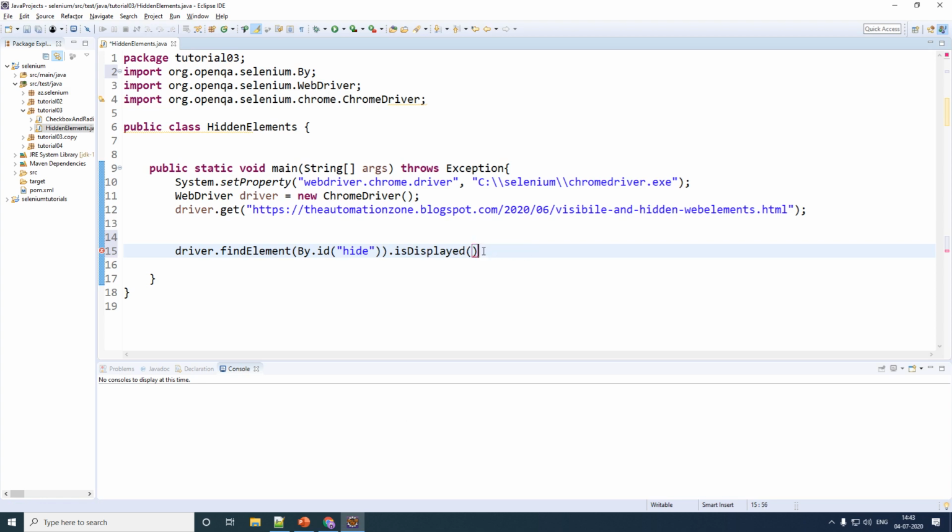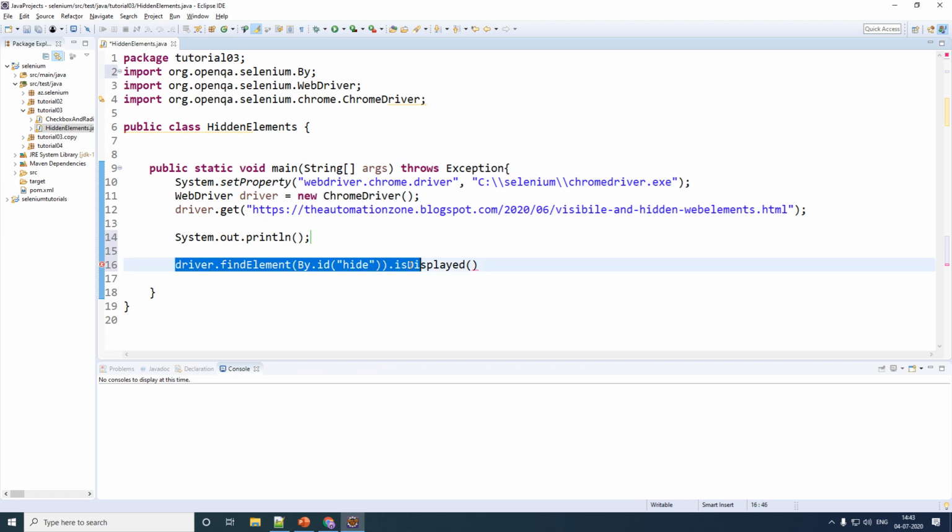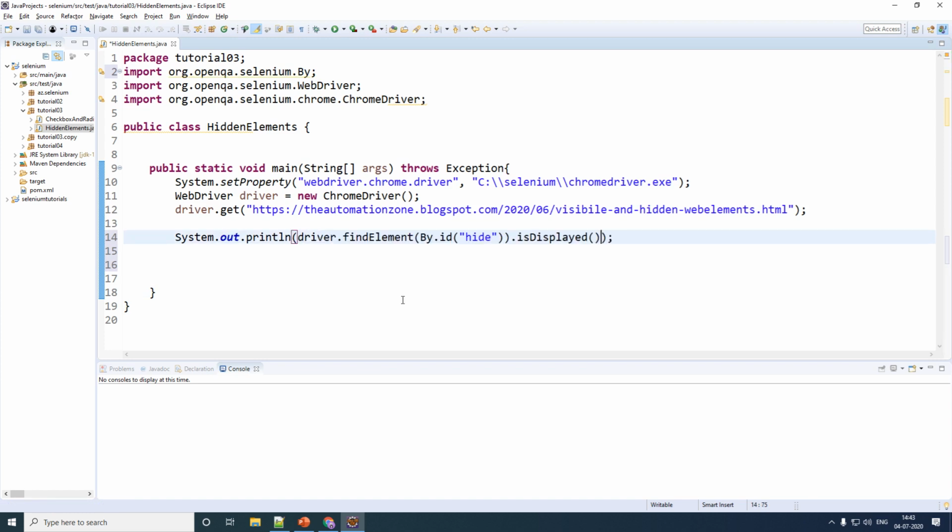Now with that said, let me go ahead and print a particular value in the console below. To do that, let me type here System.out.println, and inside of the parentheses let me cut this particular method and paste it inside of it like this. Let me now execute the code and we'll see the output. Give it a second.